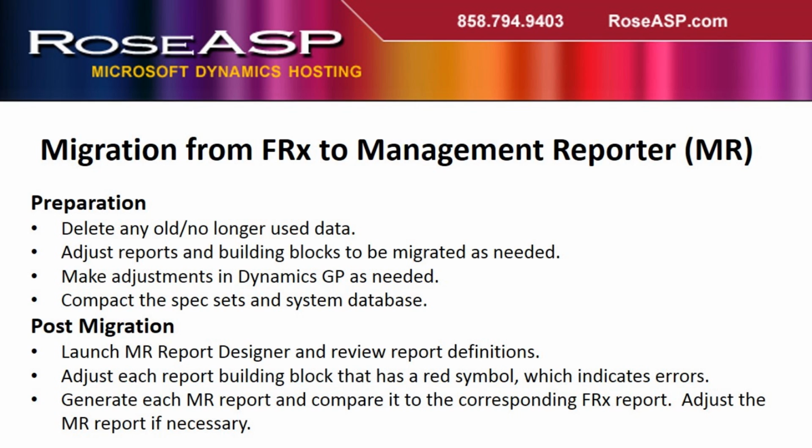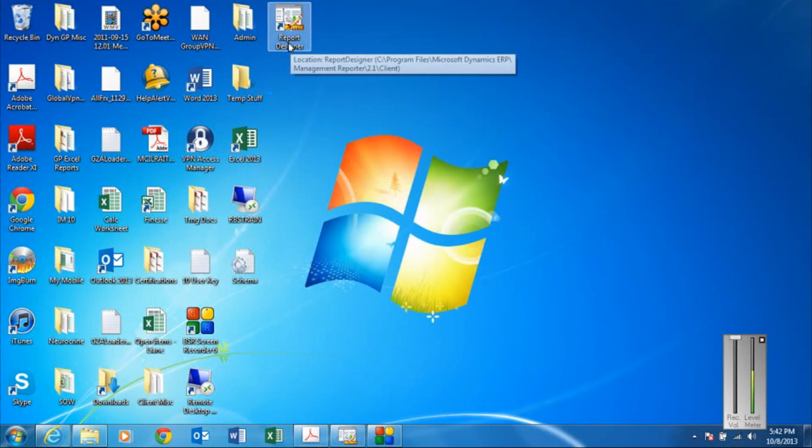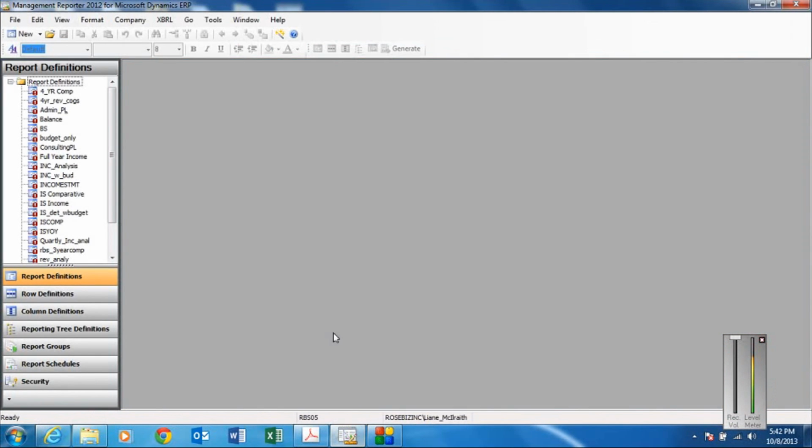If you find that there's still some differences between your Management Reporter report and your F4x report, you'll need to adjust your Management Reporter report a little bit more if necessary. So in following the first step, launching Management Reporter Designer, you'll find on your Rose ASP desktop that you will have a new icon called Report Designer. You'll click on that, and that will open up Report Designer, and it will bring you to this window here